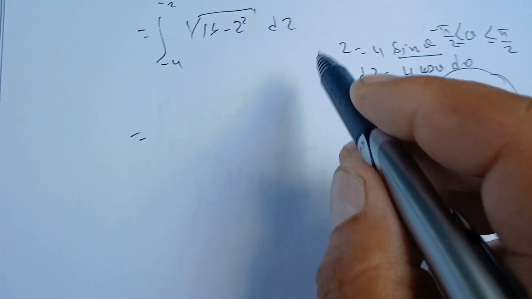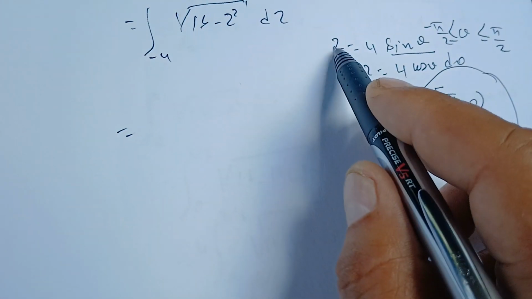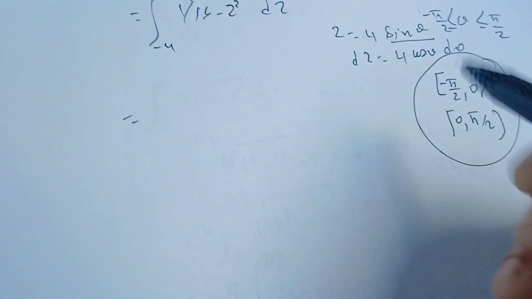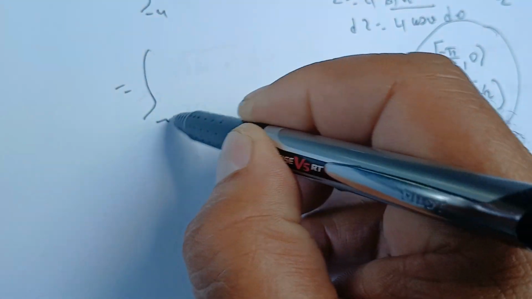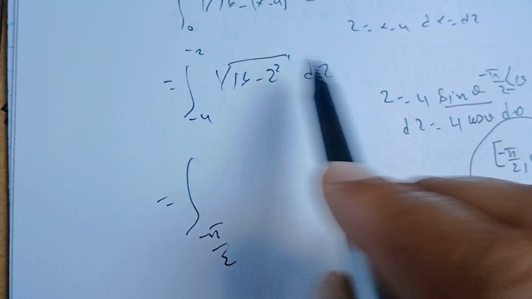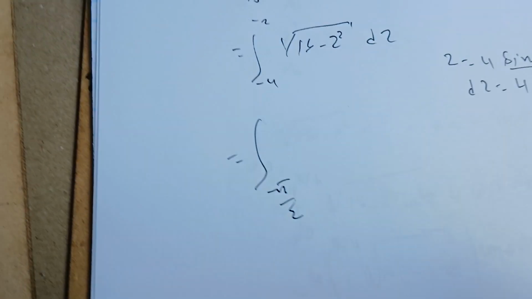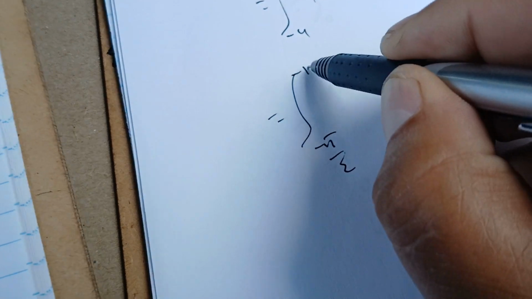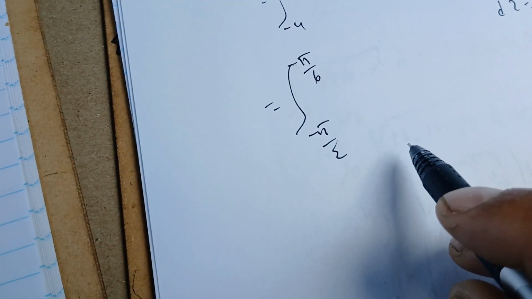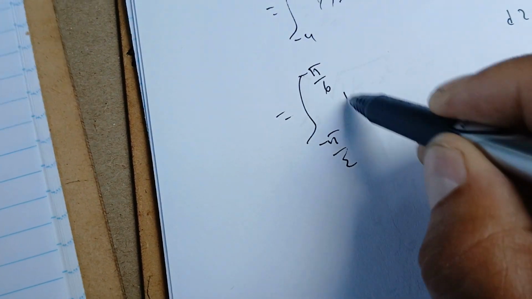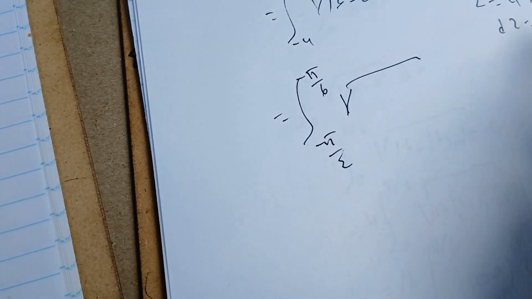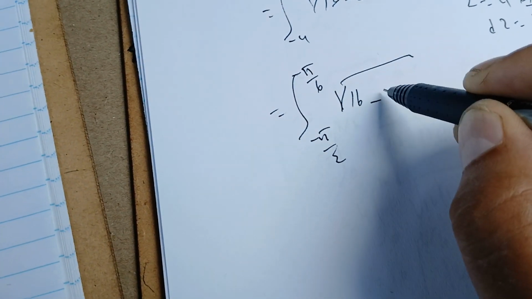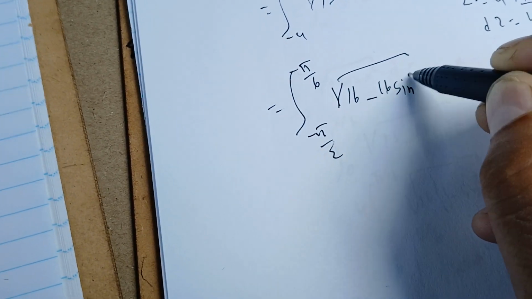And you have to be careful. So here, when z is minus 4, we have the sine is minus 1. The sine is minus 1, it's minus pi over 2. And when we have z is minus 2, we have the sine of minus 1/2, that's minus pi over 6. Yes, and that's it. And okay, we have 16 minus z, that's 16 minus 16 sine squared of theta, and